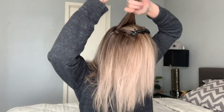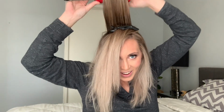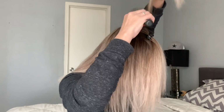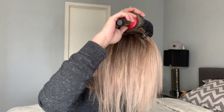I'm gonna take the brush, make sure it's nice and smooth and brushed up. Okay, now I'm gonna put it right at the root. Now I'm pushing forward. Don't put it at the root like this. You wanna push it forward. We're gonna lean it over the hair, or the hair over the brush. Now that it's stuck in there, I'm gonna turn my,